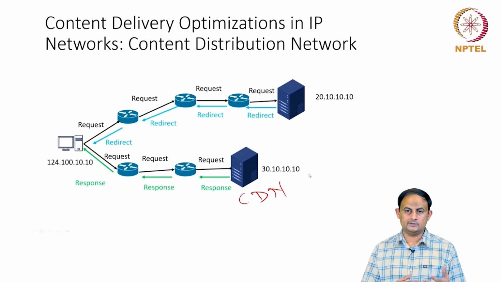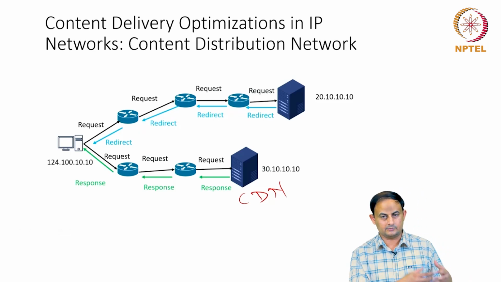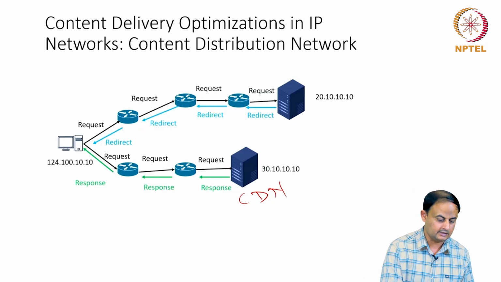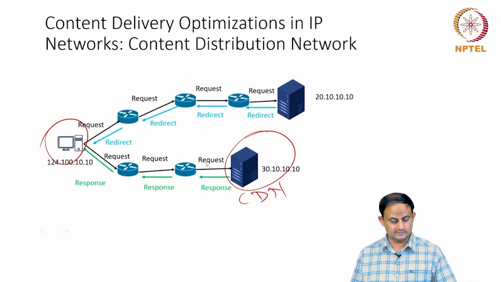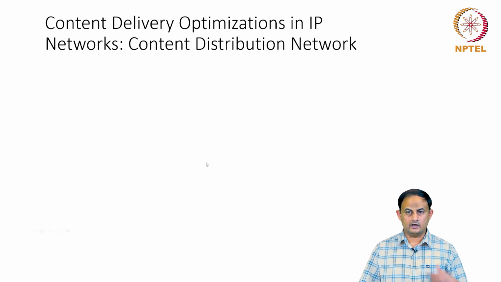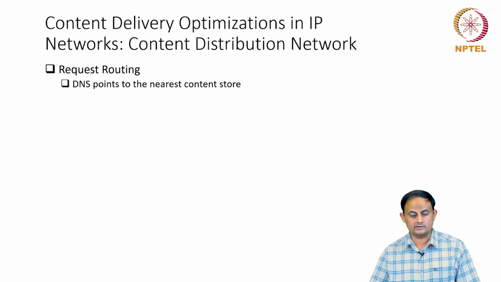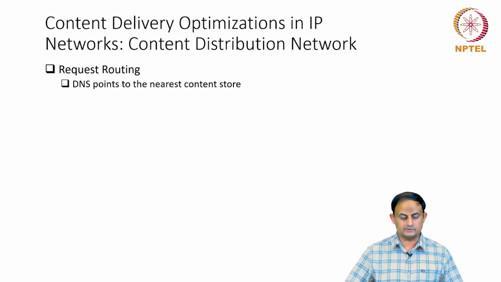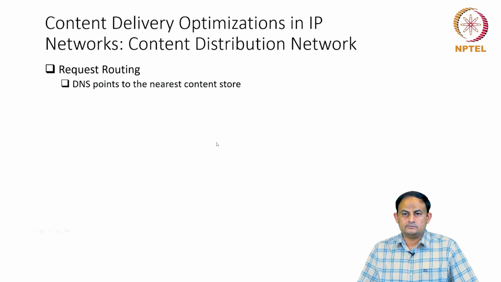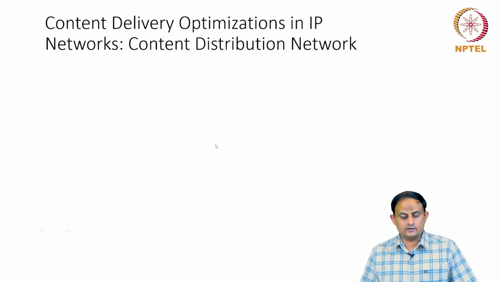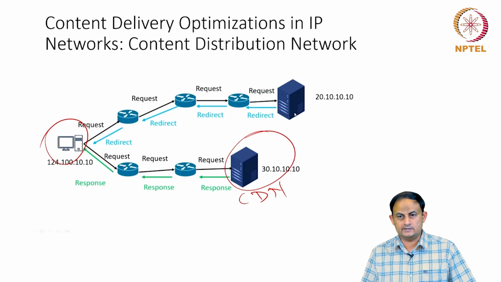We are still operating using point-to-point communication. This guy is still establishing a TCP connection to this server, and then over that TCP connection the content is being transmitted. But all that it is doing is minimizing the number of hops through which the content is flowing. And another thing that you can do is, instead of the main server in this case redirecting you to a server which is closest to the consumer,